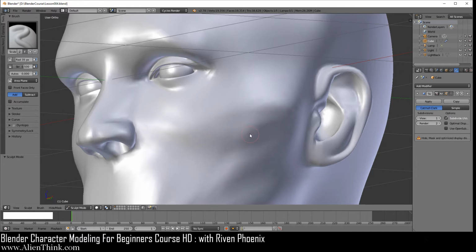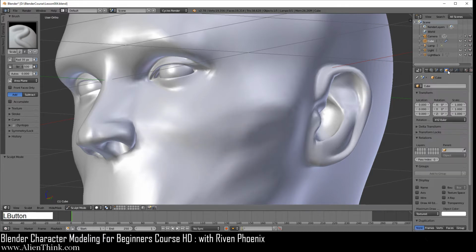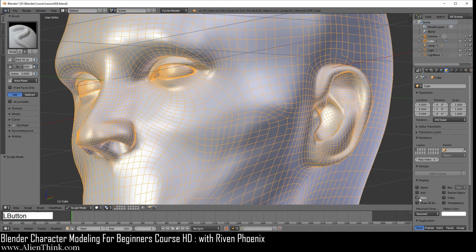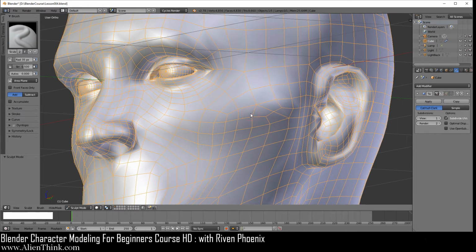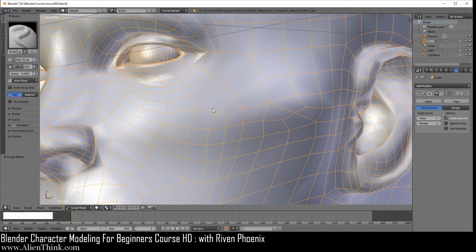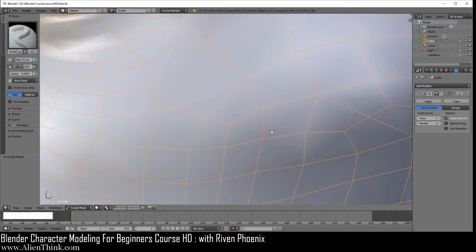And the reason it's doing that is because if you click on the wire over here in the subdivision on, if I just remove this, you can see that the way the sculpting concept works, it modifies each vertex. You see this when I click on the vertex? And if I zoom in and click in the middle, it doesn't do anything.